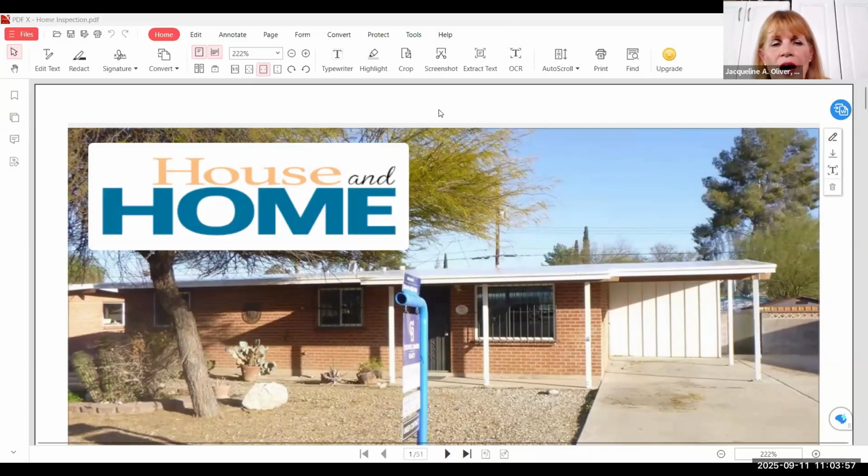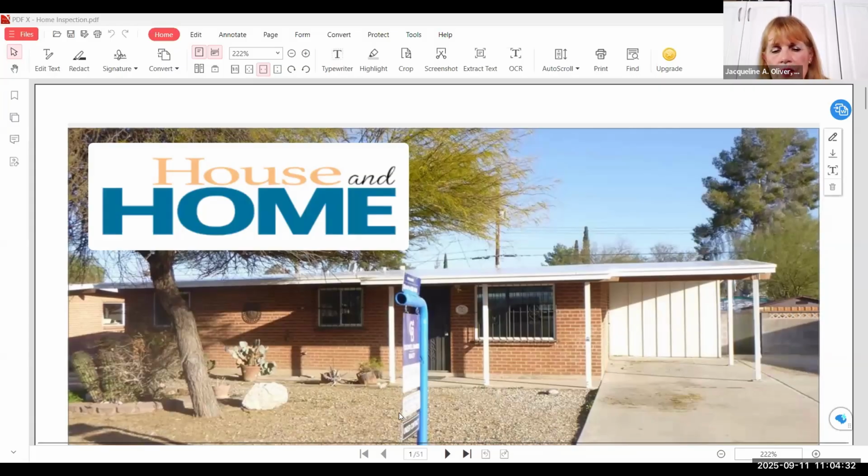Okay, can you see the house and home inspection? I hope you can. If you can, put it in the chat and I'll take a look at the chat if you can see the home inspection report. Okay, it says that you can. Okay, let's look at this inspection report and you'll see it has a house. This happens to be one of the houses that was a part of the trust that I was trustee for.